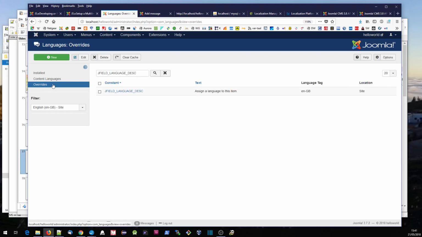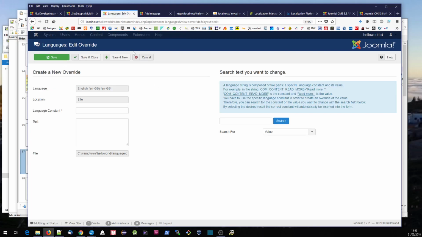One of the advantages of this functionality within Joomla is that if you see a bit of text or you wonder what the value of a constant is, you could look through the language string files, but sometimes that can be awkward on Windows systems because you don't have such a handy utility as grep at hand. So what you can do is go into this language override and then put in something like,